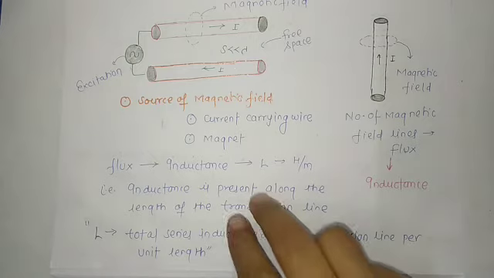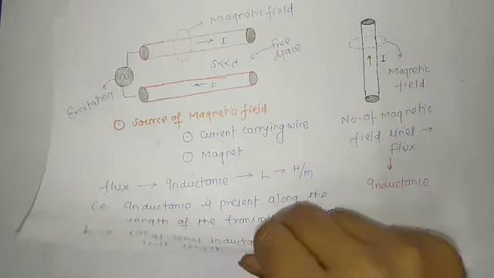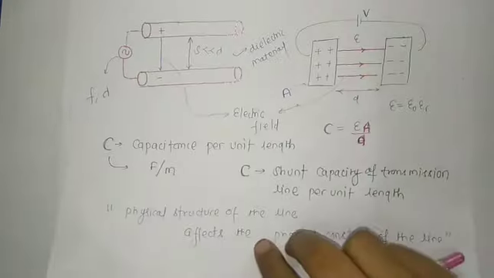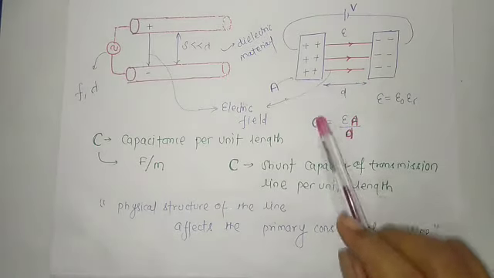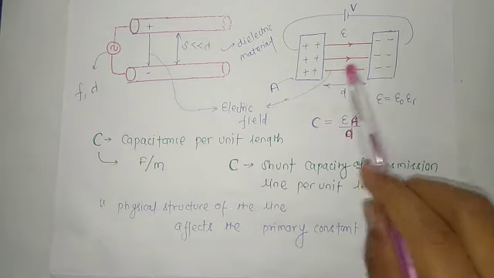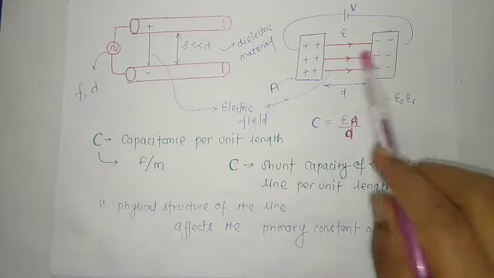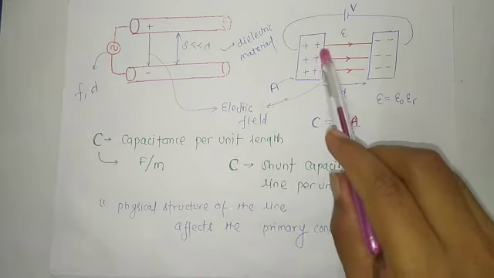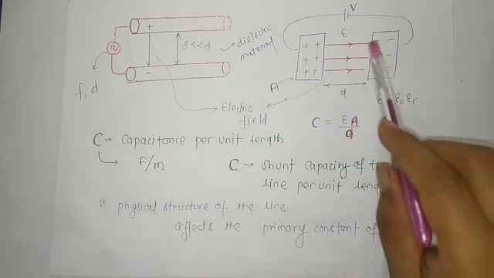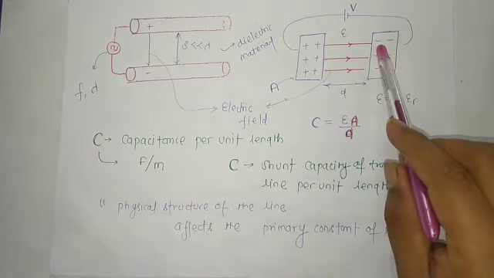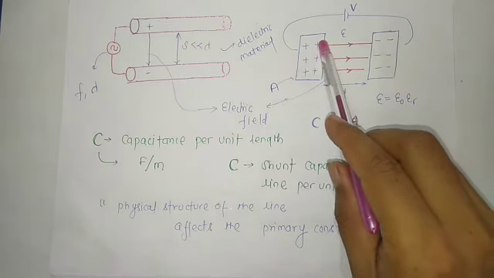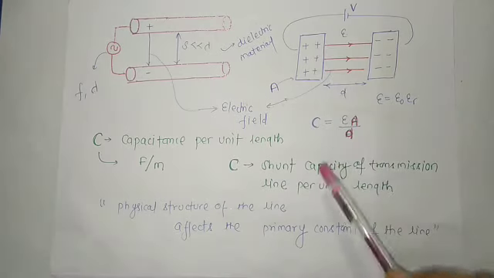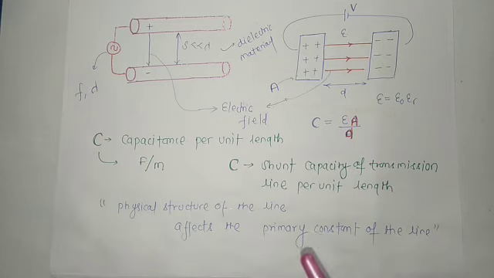Okay, so the next thing is capacitance. Look here and let's see this capacitor. A capacitor contains one plate and a second plate, and the field starts from positive and terminates at negative. The angle between the electric field and the conductor surface must be 90 degrees, because the tangential component must be 0; there will be only a normal component.